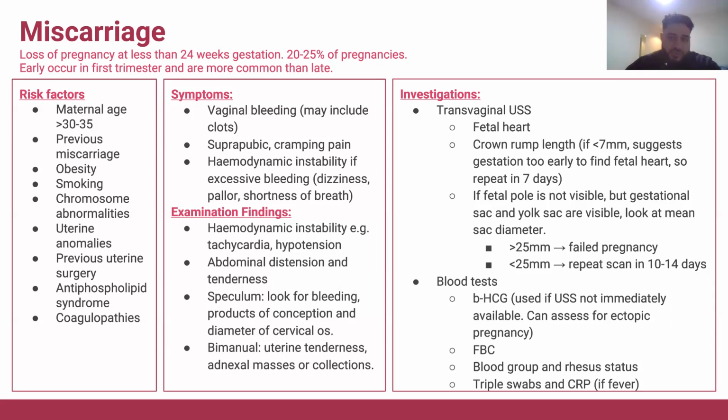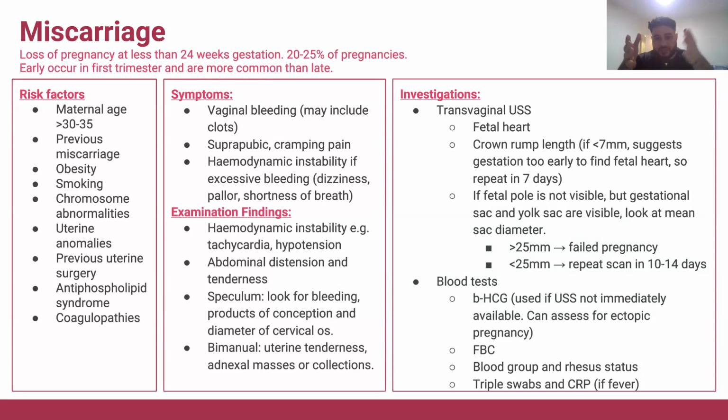However, in general, if you're trying to differentiate between an ectopic pregnancy and a miscarriage, in the ectopic pregnancy, you're probably more worried about lighter bleeding, but an excessive amount of pain, and the bleeding almost disproportional to the pain, and even things like systemic shock and upset. Whereas with a miscarriage, I think we're talking about presentations of more cramping pain with heavier bleeding. And the examination finding, as said before, they can present with hemodynamic instability if they've bled a lot. And the cramping pain can present as abdominal distension and tenderness.